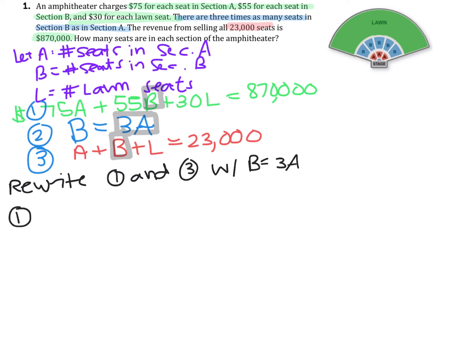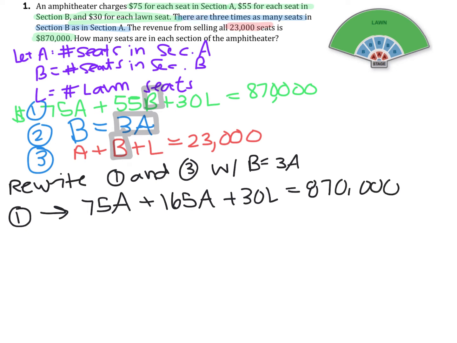So equation 1 is going to become, and I'm still going to call it equation 1, 75A plus, instead of 55B, if I multiply 55 by 3, I get 165. So 165A plus 30L equals 870,000. And then I can combine my 165 plus my 75. This is going to give me 240A plus 30L equals